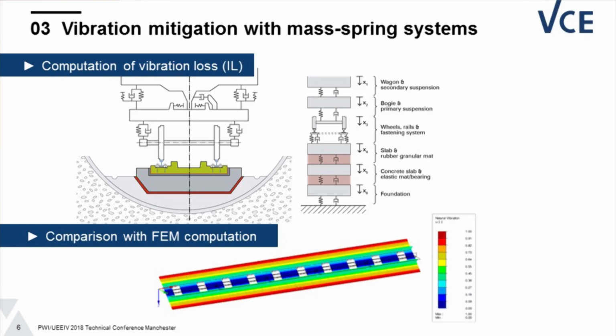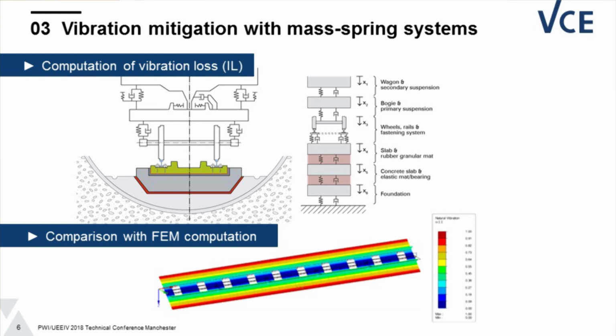How is this working? Usually, the train represents a mass and springs, and also the track bed is represented by a combination of masses and springs. In this case, for example, we have the mass of the car, which is damped with some very low frequency, usually above 1, 2, 3 hertz. Then we have the undamped wheel set mass. It's basically the bogie and the axle.